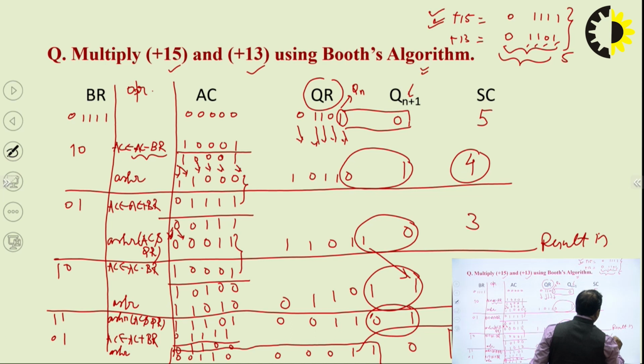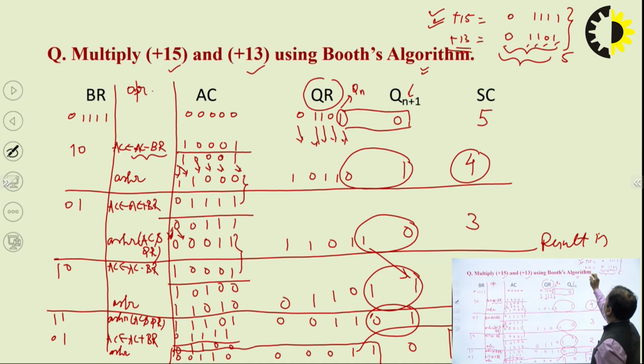Result is stored in AC and QR. So if you change the value of AC and QR, you will find the value of the product. Value of the product is that is 00110, right. If I convert it into decimal, then it will be equals to that is 1, 2, 4, 8,